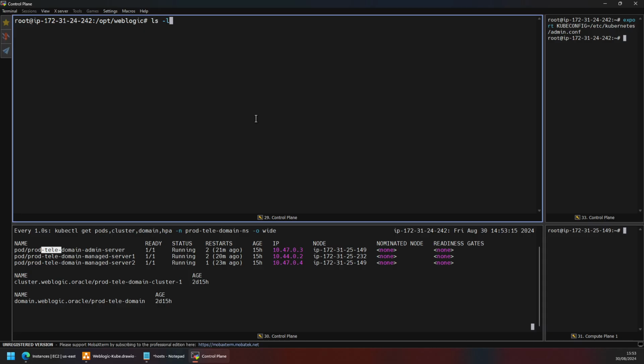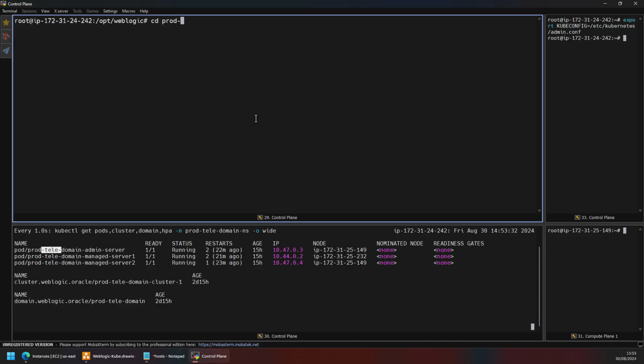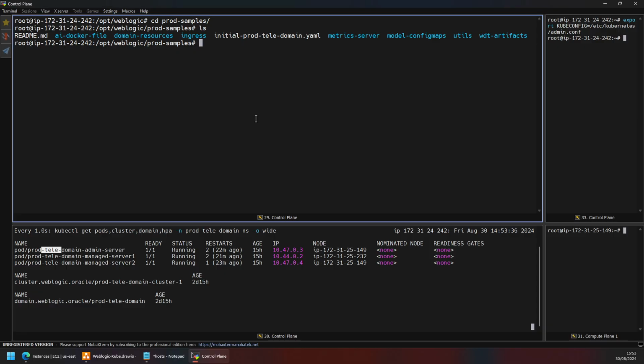Firstly, copy paste this folder. Just like prod tele, we will reuse this folder for the prod sample application also. The application name is sample, so I'm just going to put it as the same. So here I'm entering the prod sample, and you can see that I actually got the same output as the prod tele. Okay, so a lot of modification is going to happen, not in this video,